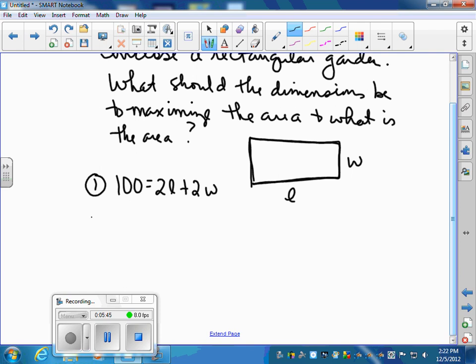Step number two, write an equation for what you want to maximize or minimize. You want to maximize the area. So area is length times width. Step number three,